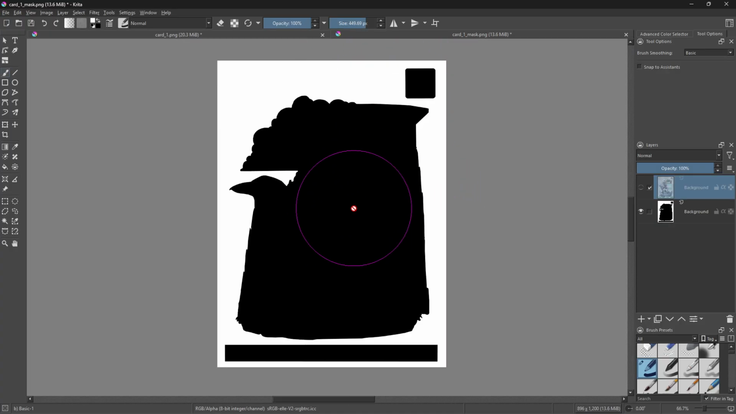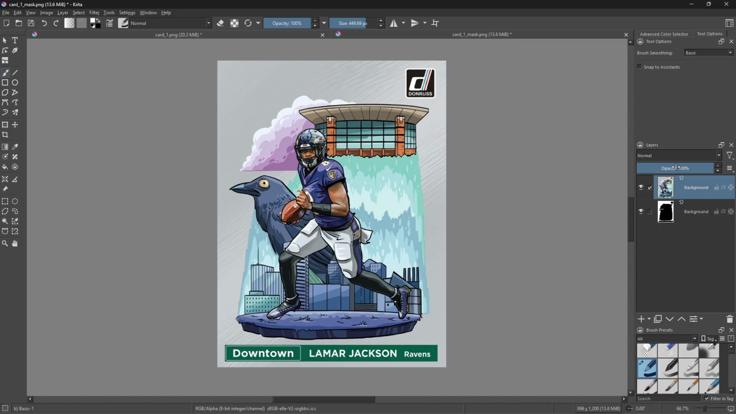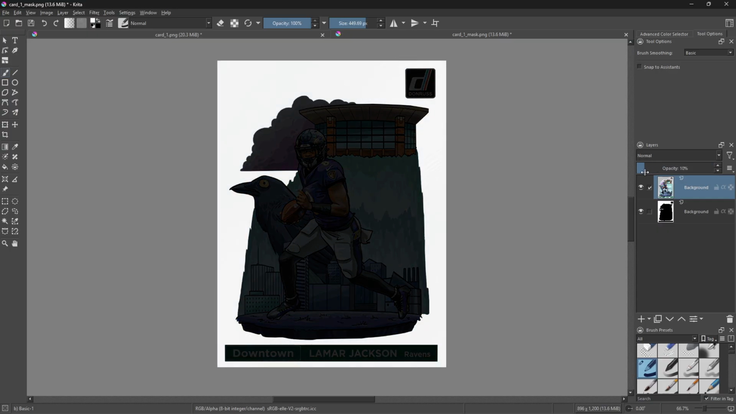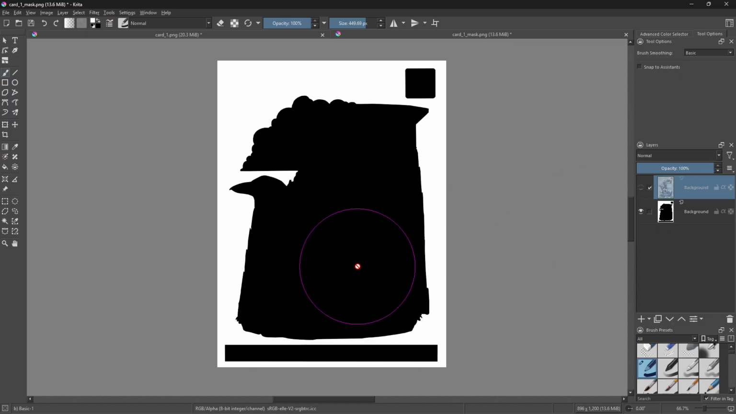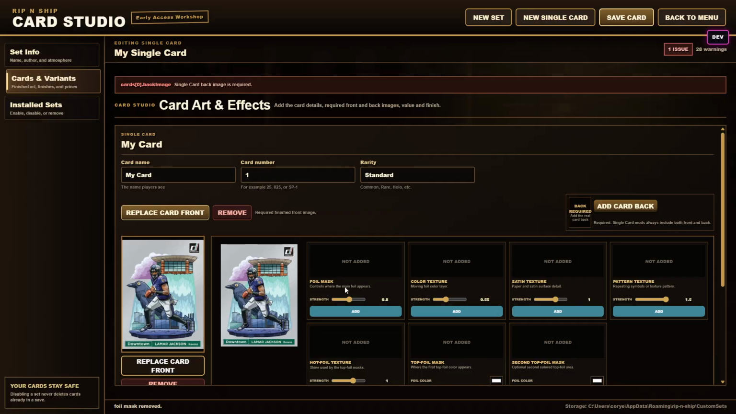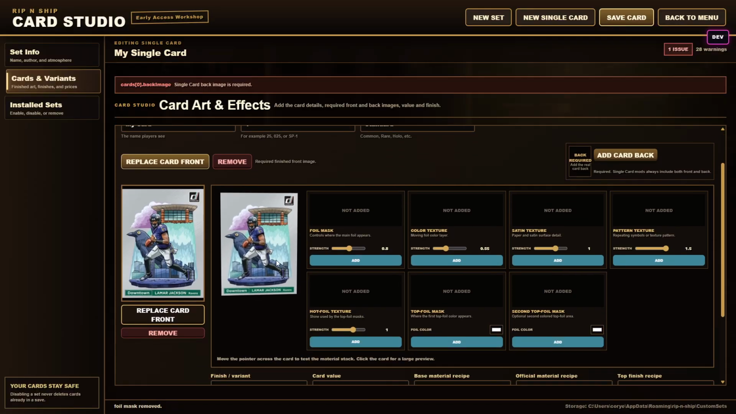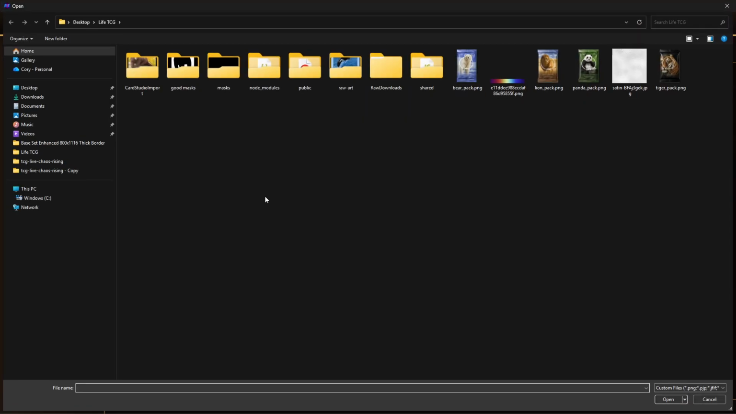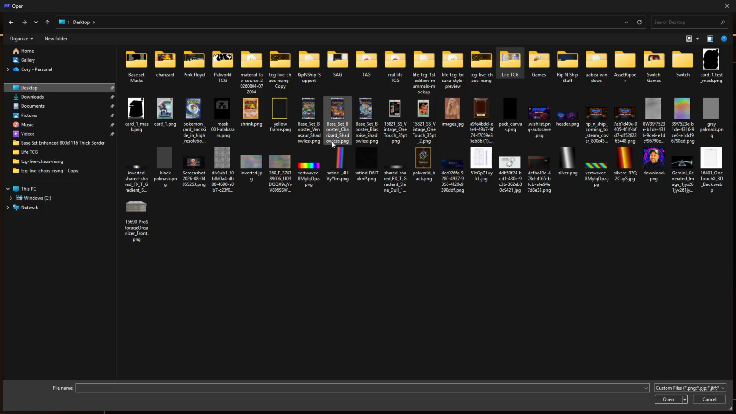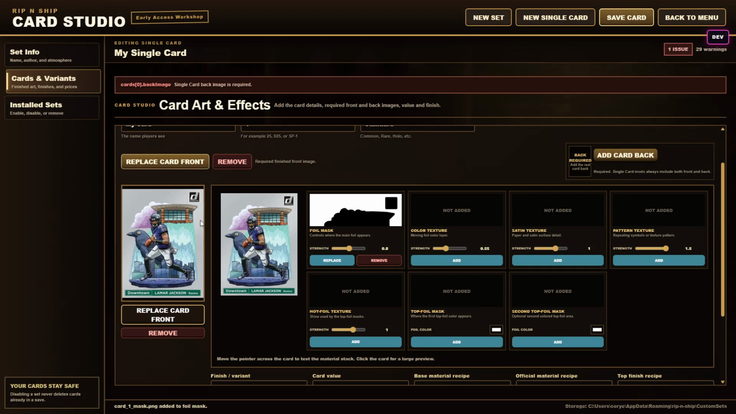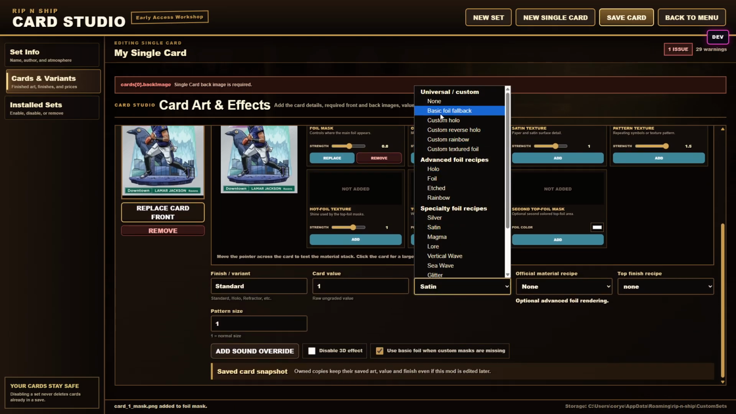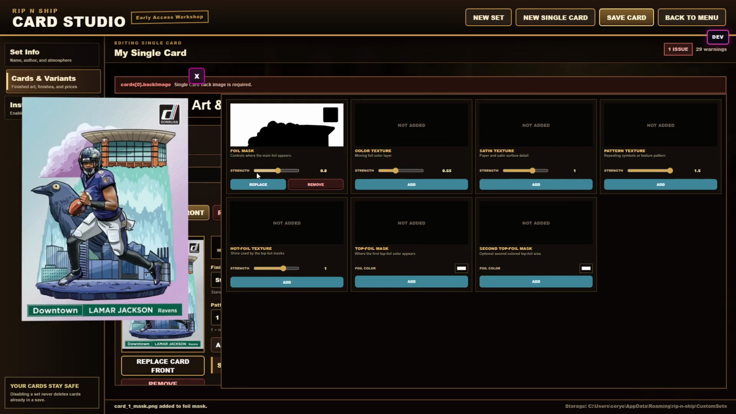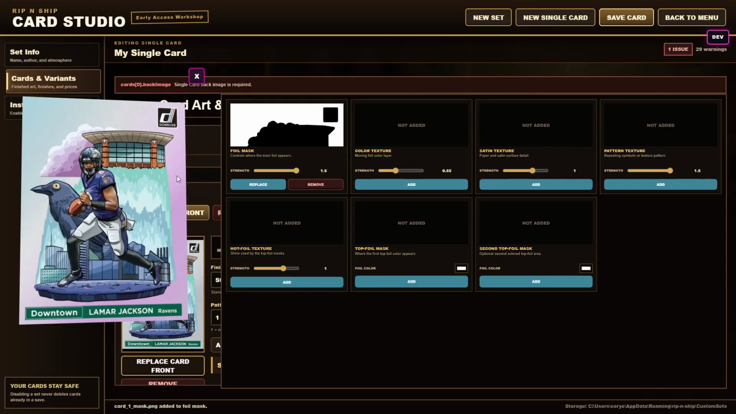Here I did a much better selection by hand. So we're going to use this one here. And if we go to Card Studio, you just click on Add Foil Mask, and then we will go to where I saved that, and that is this one. Okay, and then we can already, you know, just throw some kind of effect on here,